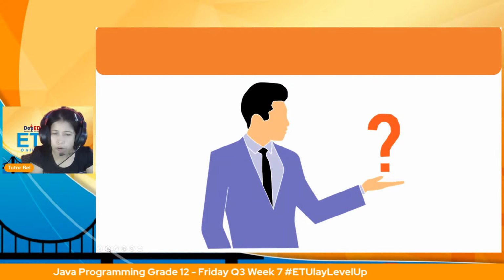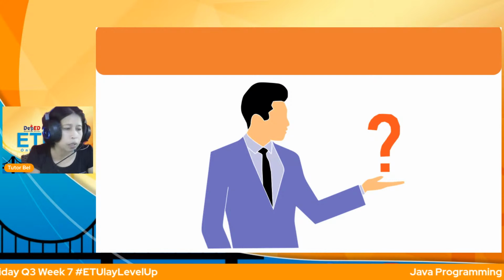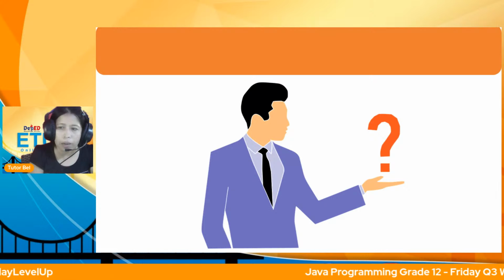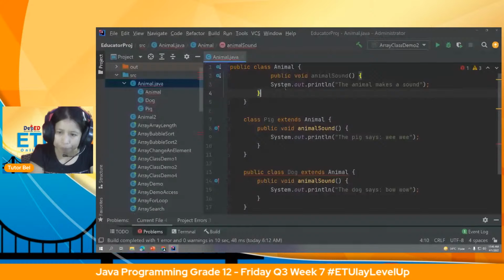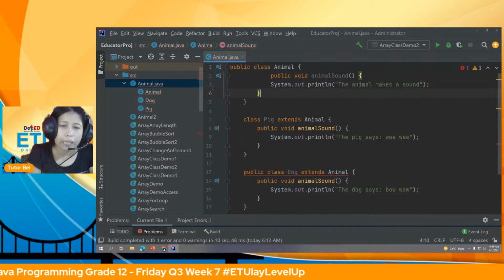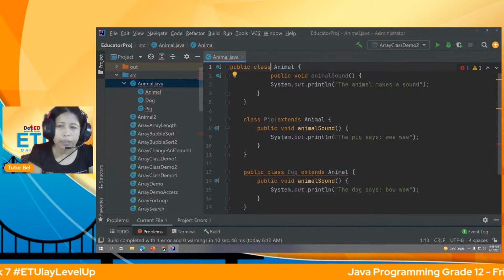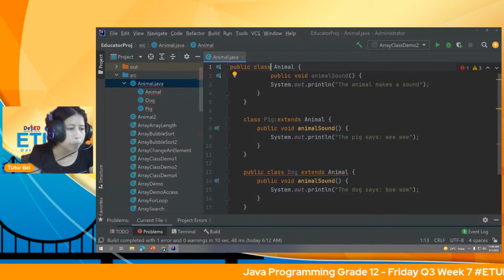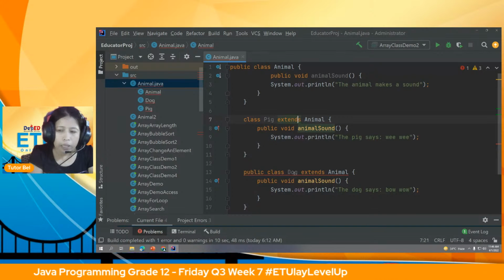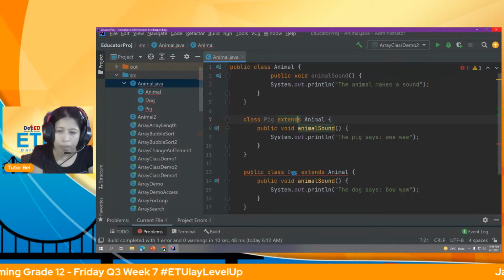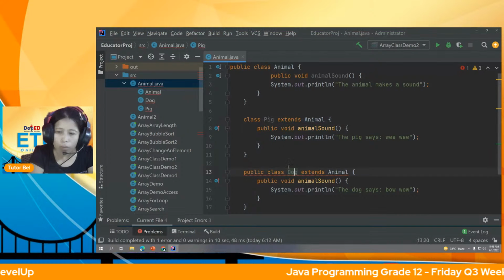Ayan. So before po tayo dyan, punta po tayo sa IntelliJ before we take the quiz. Okay, so here is an example of our animal. So in this case, nakita po ito, no? We have the public class animal. And then, nagkaroon po tayo ng another class na in-extend natin. Ang tawag natin doon is pig. Diba? And then, we have another class na galing sa superclass na animal. Ang pangalan ng ating derived class is dog. So, we have pig, dog, and we have,